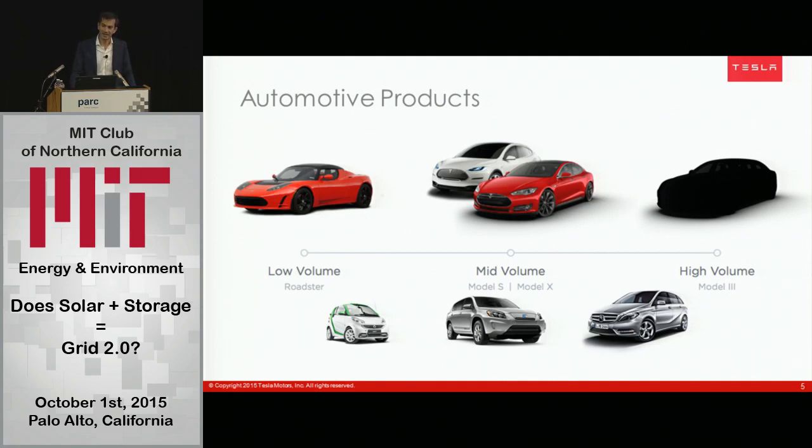And we started making batteries for other car companies before we made our second battery for our own car. In fact, before we made our own car, we had already built batteries for 3 separate companies. 3 separate projects. You see the smart car there in the bottom. This is more or less chronologically. The smart car there, we also had a small A-class program with Daimler. In the meantime, we also had an agreement with Toyota where we made the entire powertrain, not just the battery. And then we subsequently followed up the earlier Daimler deals with the Mercedes B-Class, which is now available in California